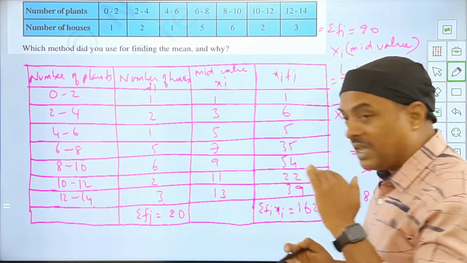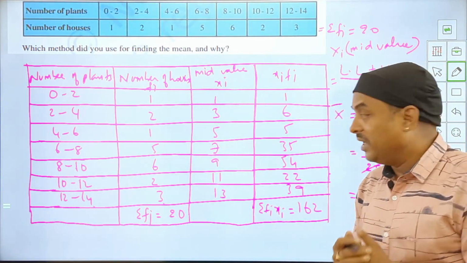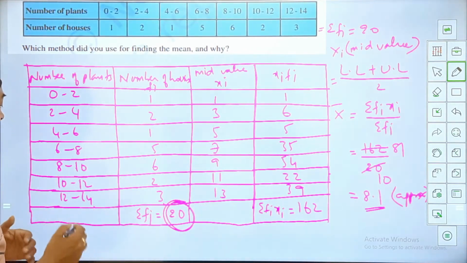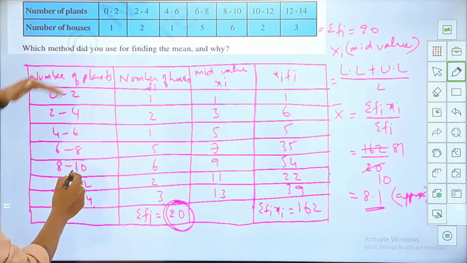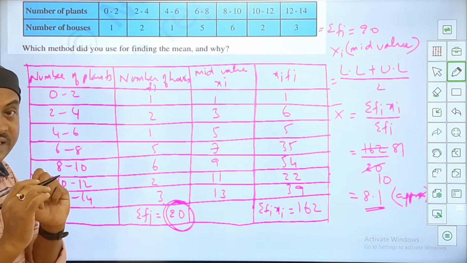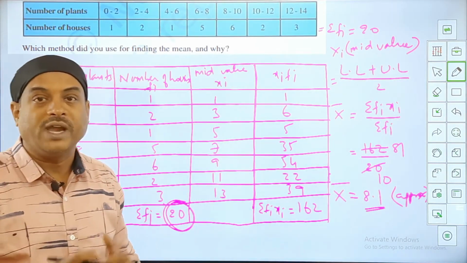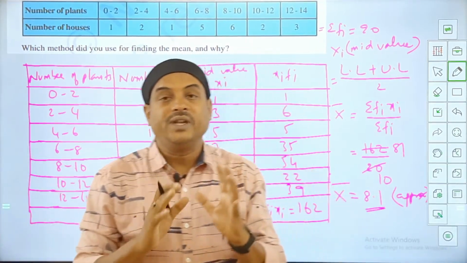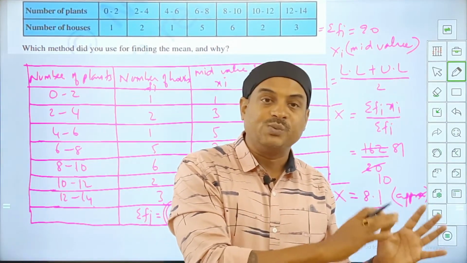So now the conclusion, if I wish to say, what is the conclusion I got, my friend? 8.1. That means the 20 houses have an average of 8.1, which is not the minimum nor the maximum. It is falling in between. That is very, very important to check once again. So here finally my answer is x bar equals, or mean equals, 8.1. Since the numbers are easy, I have used the direct method here. If the numbers are tough or big to calculate, I'll go by the alternate methods which we discussed.